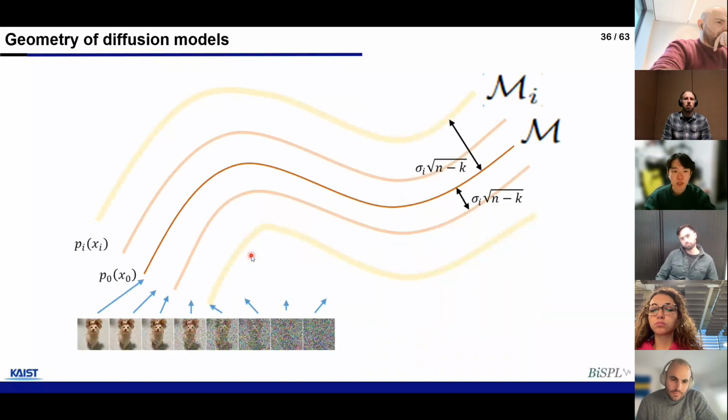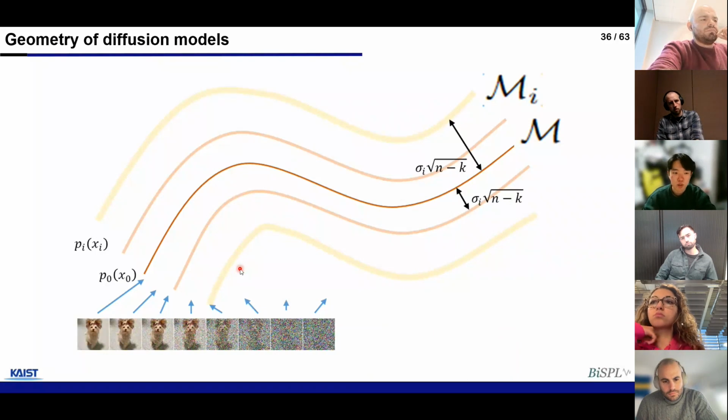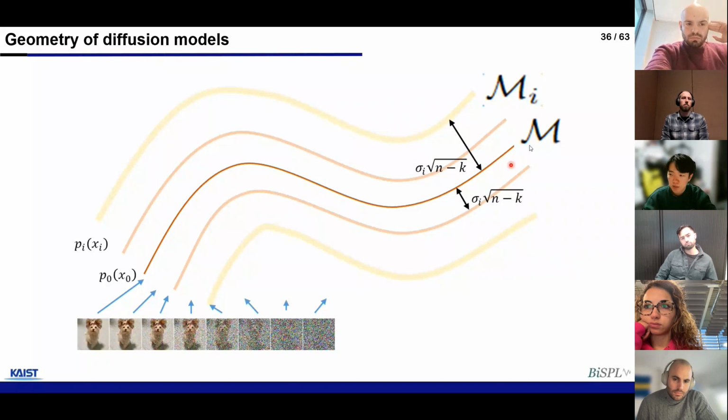So in this work, we propose to interpret diffusion models using some assumptions about the data manifold. The usual manifold hypothesis states that the data lives in a low-dimensional manifold with much smaller dimensionality than the ambient space. And in this work, we add an additional strong assumption that the central data manifold is locally linear, because we want to leverage the results from the concentration of Gaussian measure. Specifically, when we assume that our data manifold is locally linear, what we can show is